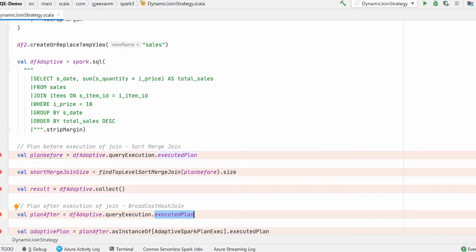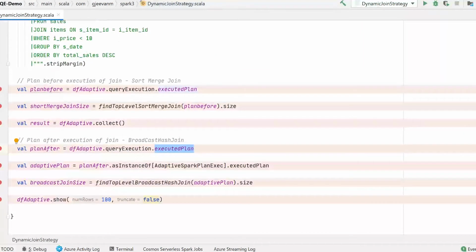To run this, I'll run it in debug mode. For that, I have enabled some debug breakpoints. We can see there are a couple of breakpoints which I have enabled. So let me go ahead and run it in debug mode. Right click, debug. This will run the program in debug mode.